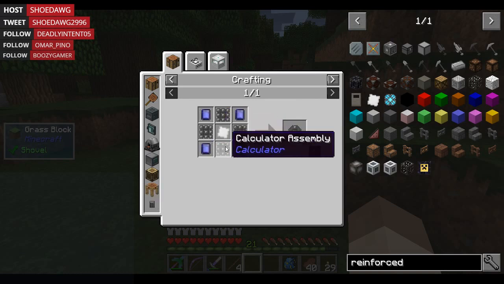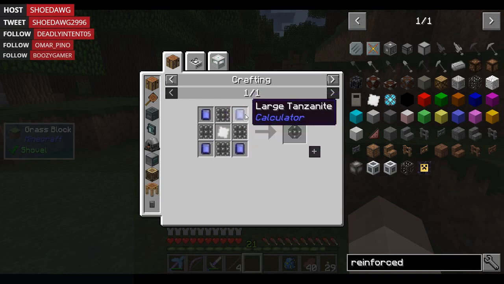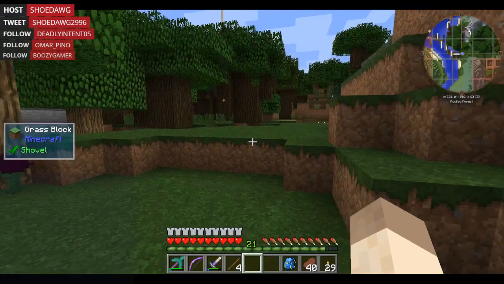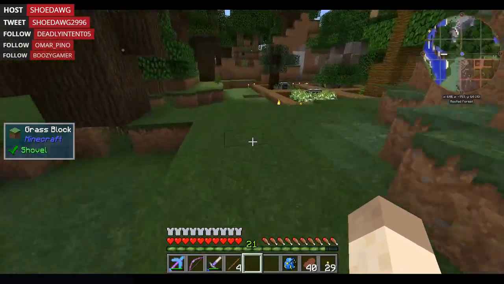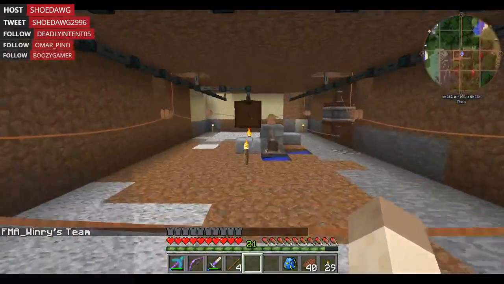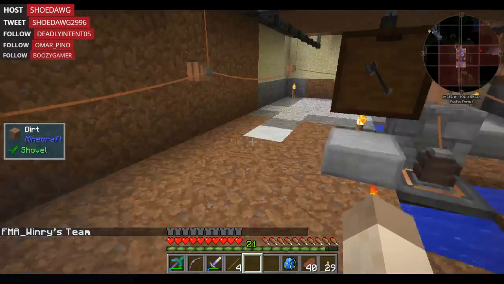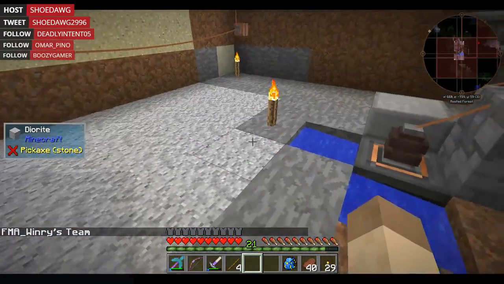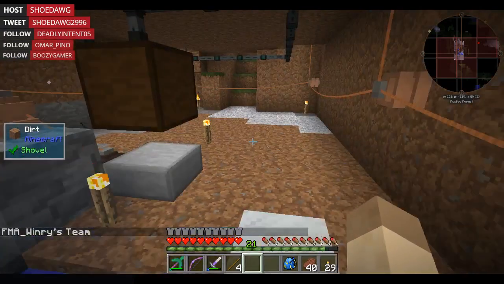I'm trying to remember why. Maybe that. I don't know. In any case, we haven't made that yet because we need a calculator that you can place in world. So I'm going to need to probably just set up regular stone axes. So we need a cobble gen and a crafter of some sort in